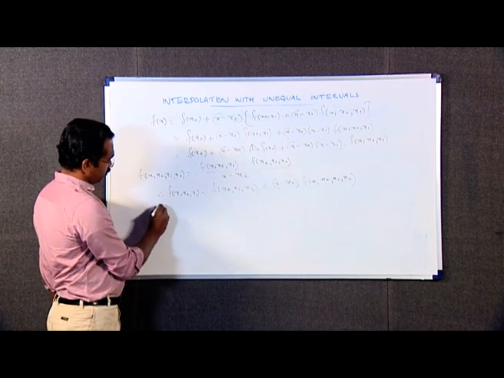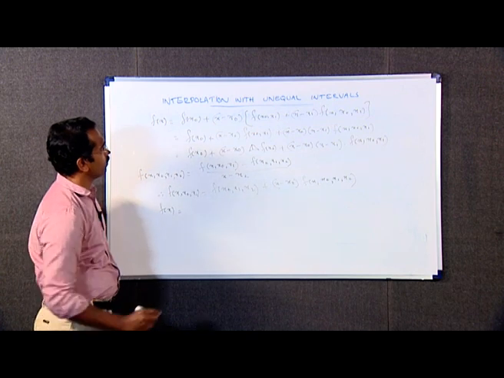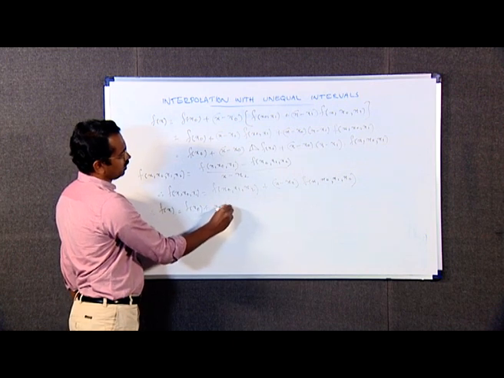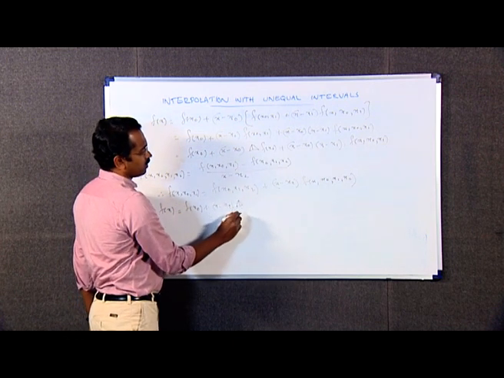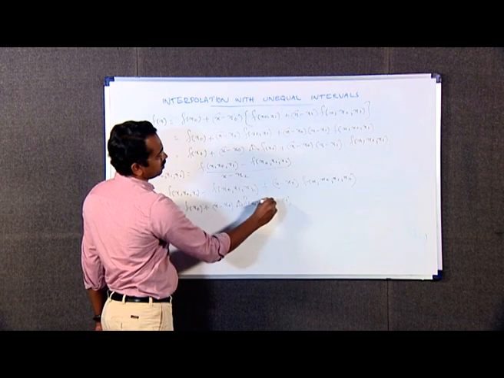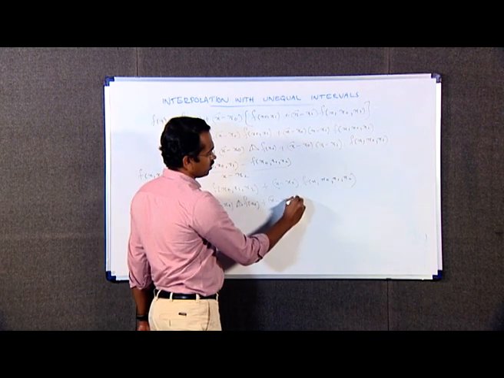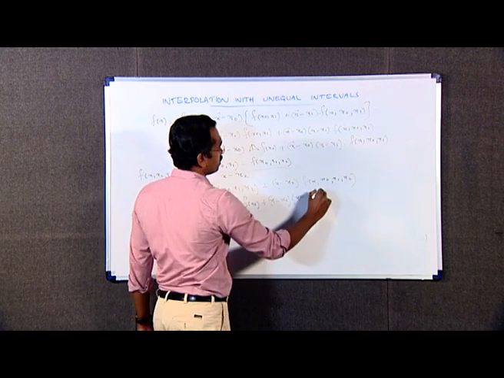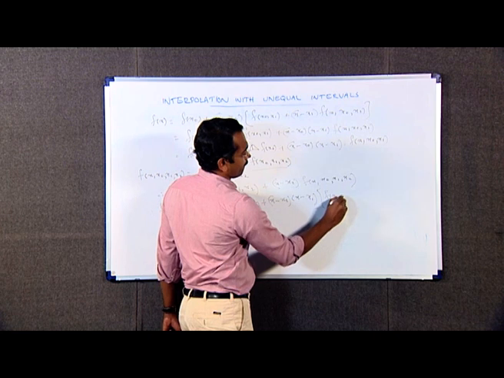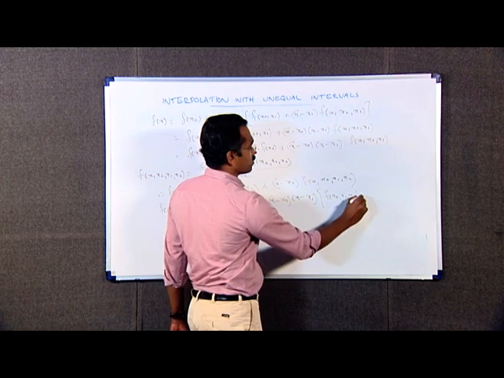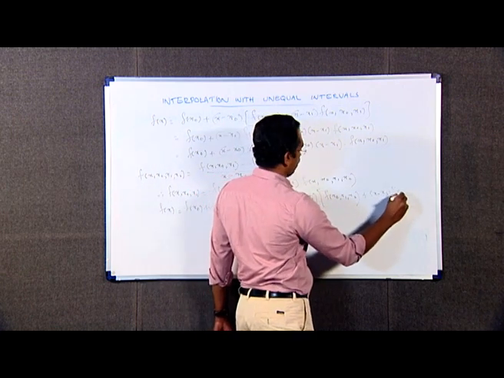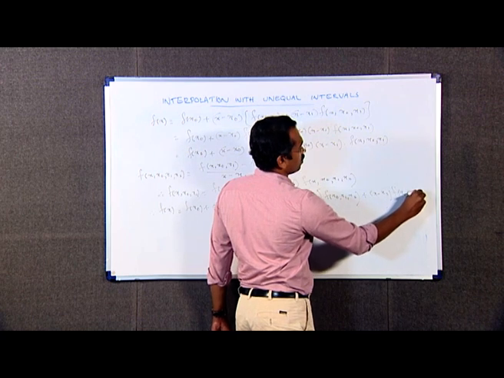We can write f(x) is equal to f(x0) plus (x minus x0) into divided delta f(x0) plus (x minus x0) into (x minus x1) into this is f(x0, x1, x2) plus (x minus x2) into f(x, x0, x1, x2),